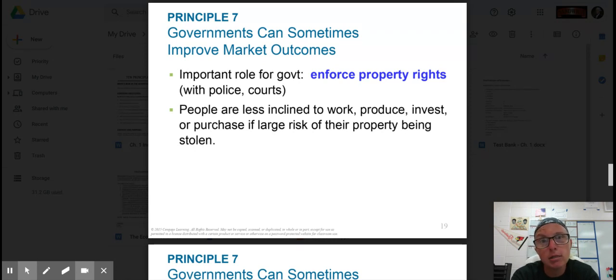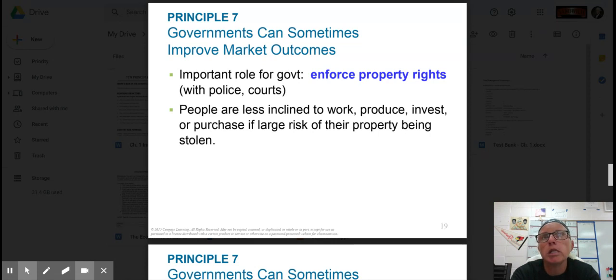But every now and then, like I said, it can be bad, so the government can step in. Now, the number one job that they do, of course, to protect us is enforcing property rights, making sure people can't just steal our stuff, including intellectual property rights with patents and copyrights. What's the point of inventing something if you can't get a copyright or patent for it, and then anyone can steal your idea and try to sell it? That doesn't incentivize us for anything.